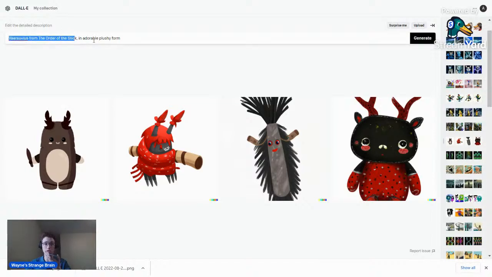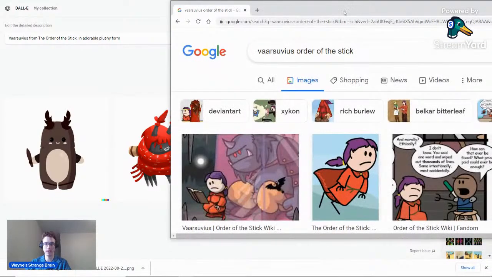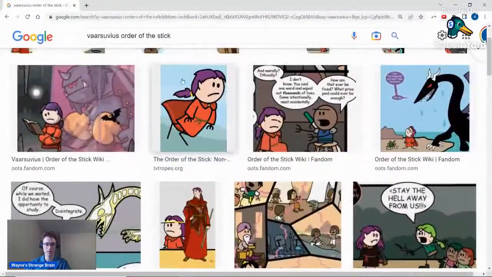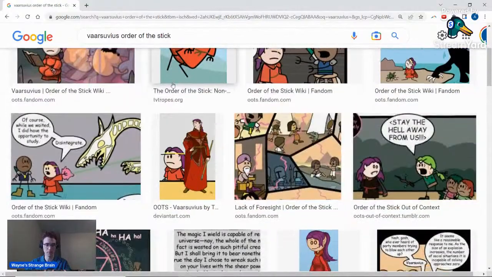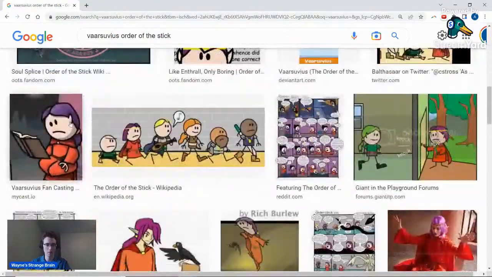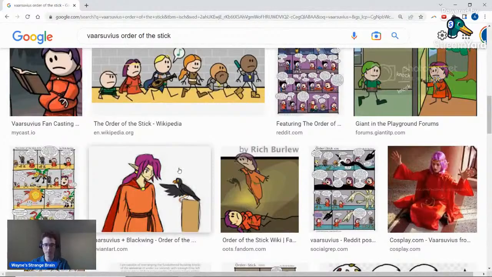See, this is an example. I tried Varsuvius from the Order of the Stick in adorable plushie form. And the Order of the Stick, this is exactly what I'm talking about. So this is Varsuvius. Anybody who Googled it would be able to tell who this character was. It's this purple androgynous person, an elf actually.